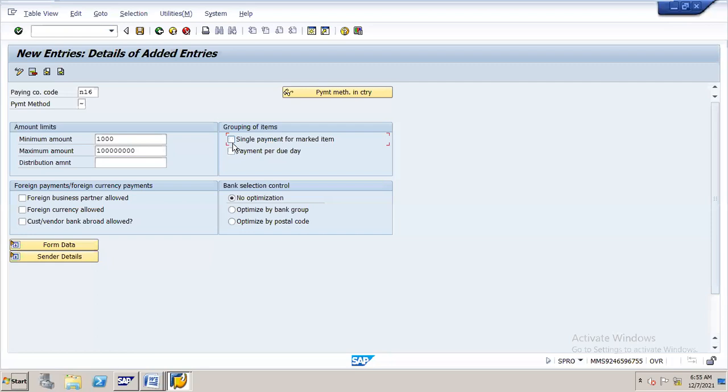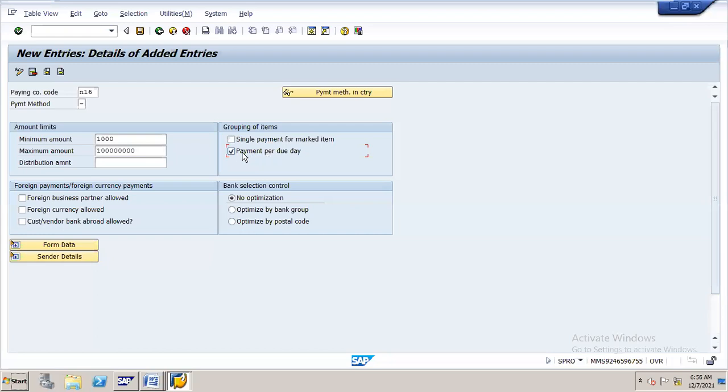Suppose, no, this is about payment per due date. One second, single payment, yeah. Once again, I'm telling in reverse manner. Payment per due day means for all 10 invoices, it will give only one check.